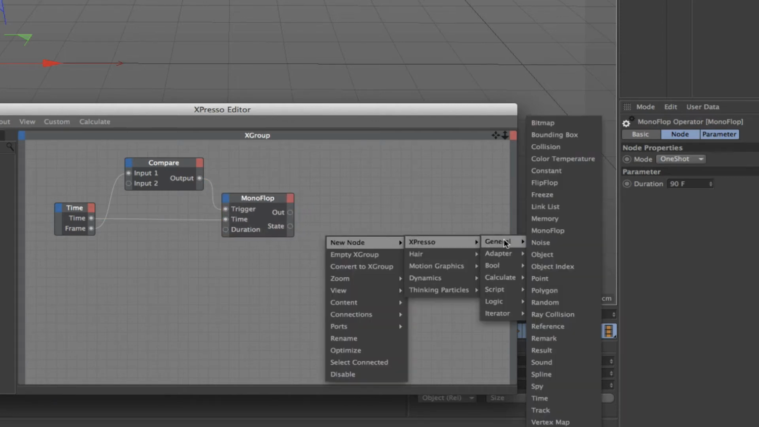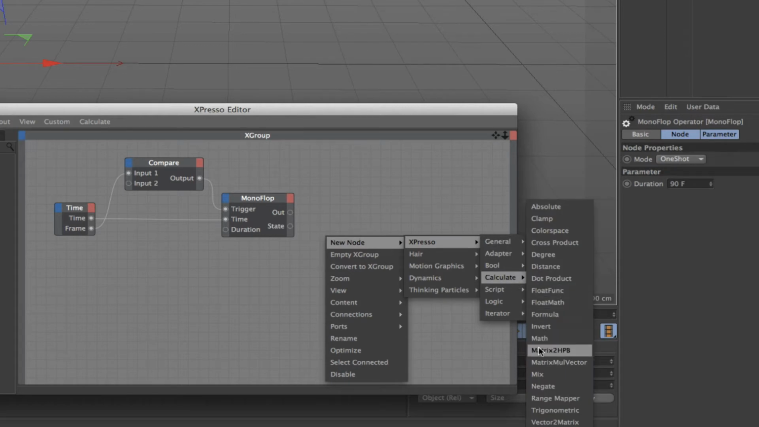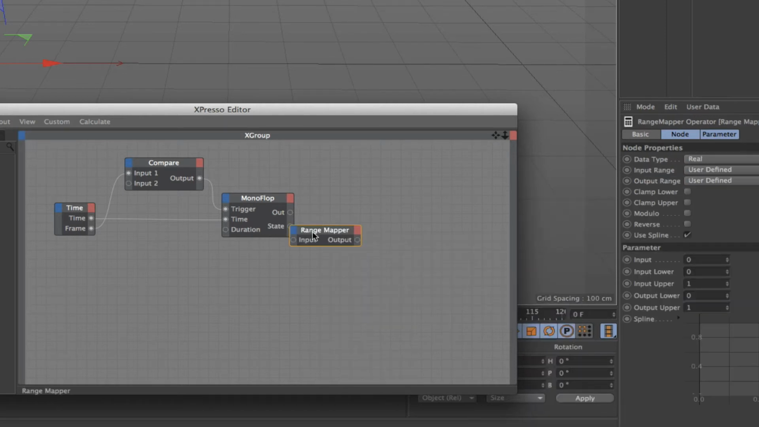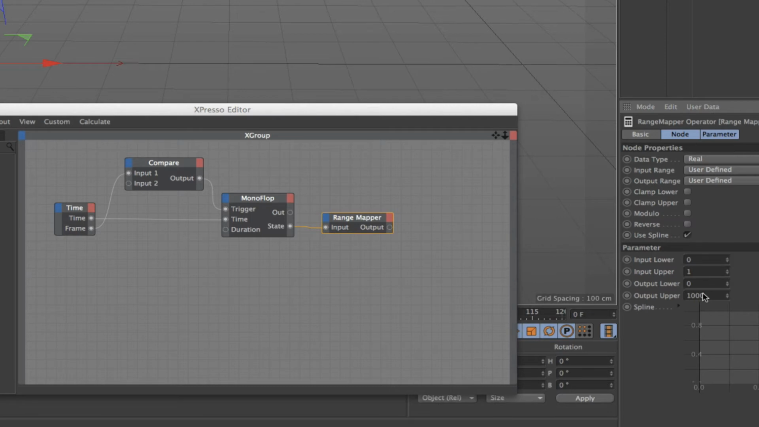So we'll get ourselves one of those, calculate range mapper. Now the state outputs a factor value between 0 and 1. So we can plug that into the range mapper's input, and our input lower and upper values are already set to 0 and 1, so there's absolutely no need to change those. Everything's fine there. Our output lower can remain at 0, our output upper needs to be 1000,